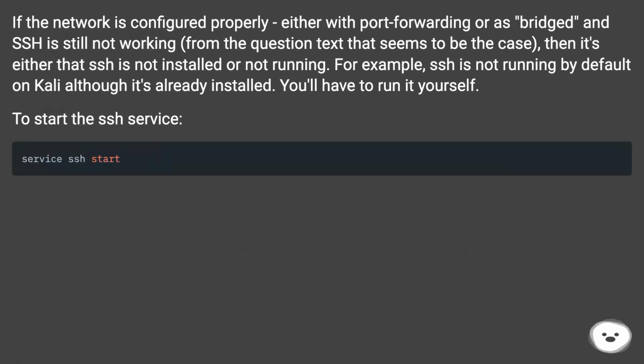If the network is configured properly, either with port forwarding or as bridged, and SSH is still not working, from the question text that seems to be the case, then it's either that SSH is not installed or not running. For example, SSH is not running by default on Kali although it's already installed. You'll have to run it yourself. To start the SSH service,